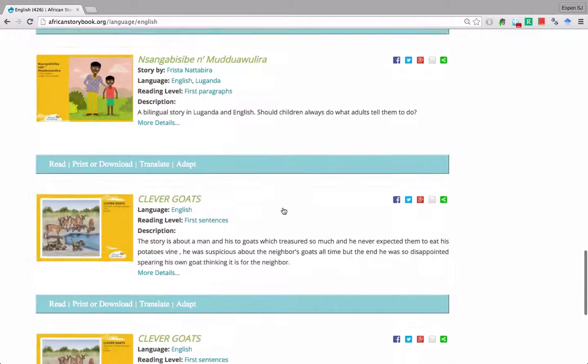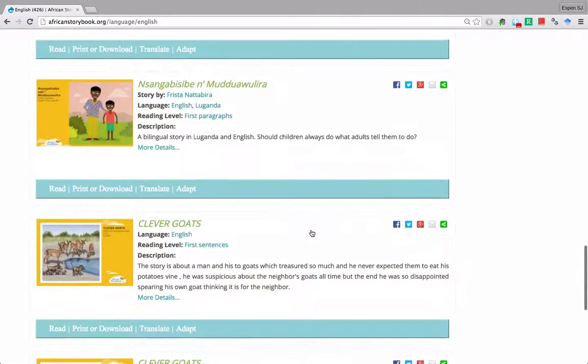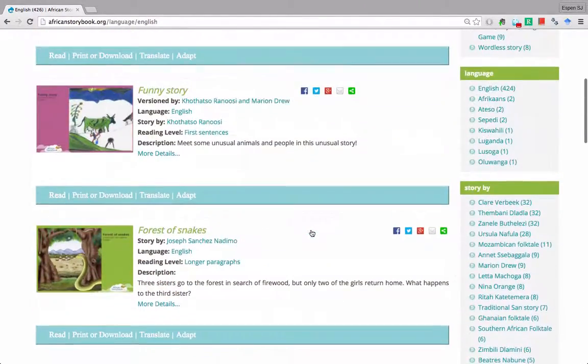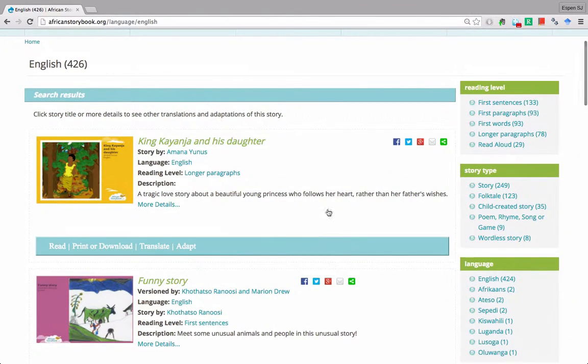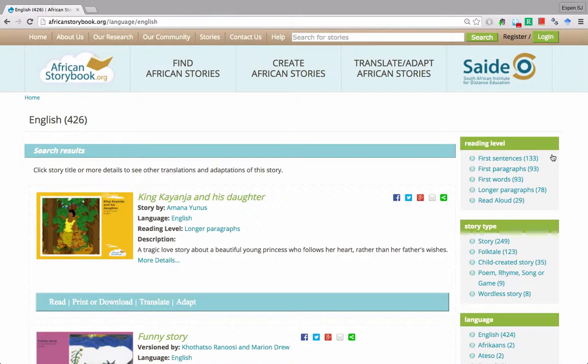At the bottom of the page, you will see that there are very many pages, more than 9 in fact, and you can browse through by clicking next. But right now we will use this function up here in the menu. Within the stories in English, so all of these are in English, you can search for